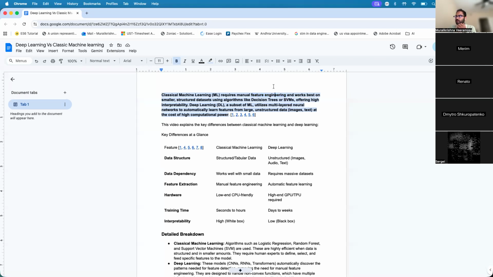And also, these classic machine learning models work best on structured data, and if our data set is a smaller data set. For deep learning, if our data set is large and the data we want to train is unstructured data,